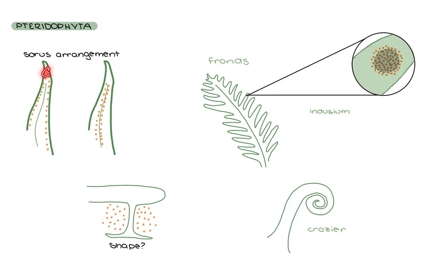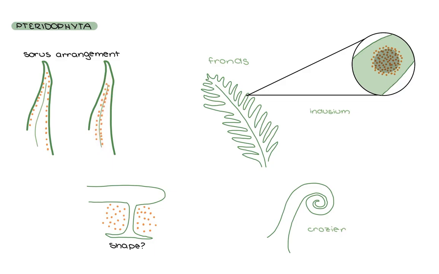So you see these orange dots here, all of these little orange dots, those are called sori, sorus singular, sori plural. And what you're going to notice when you're out and about, adventuring through the forest, is that sori have different arrangements on leaves. They can have an arrangement like we see over here, along the edges of what are called the fronds or the leaves of the fern. Or they can have an arrangement that is more central and along this vascular